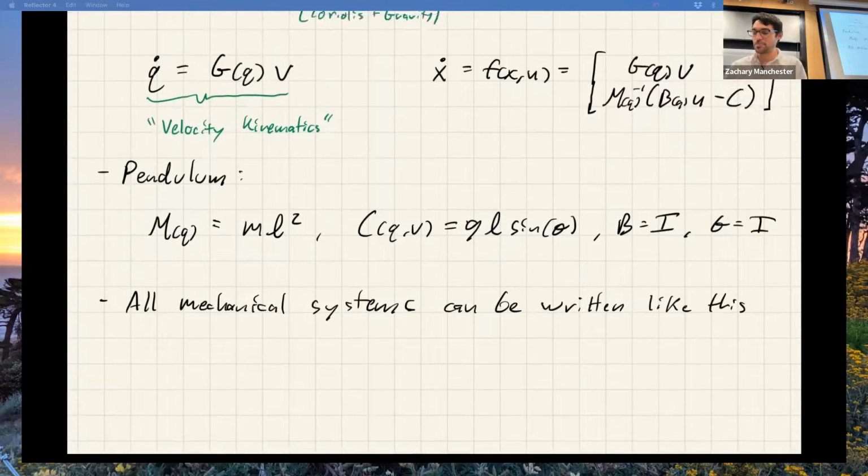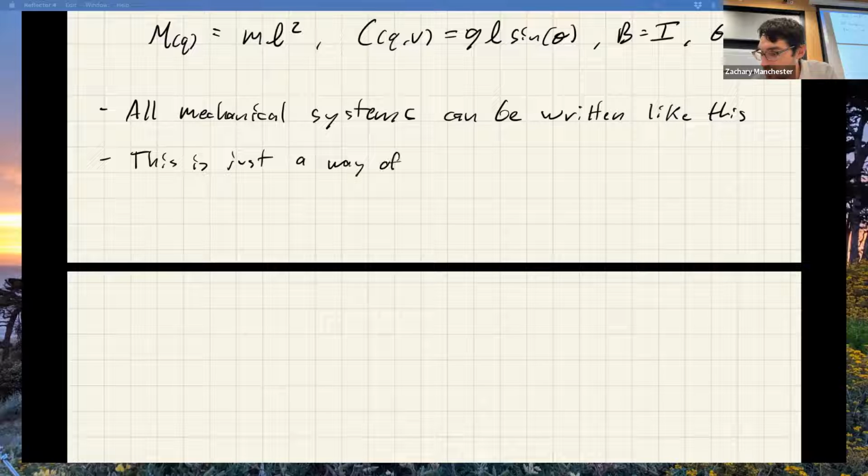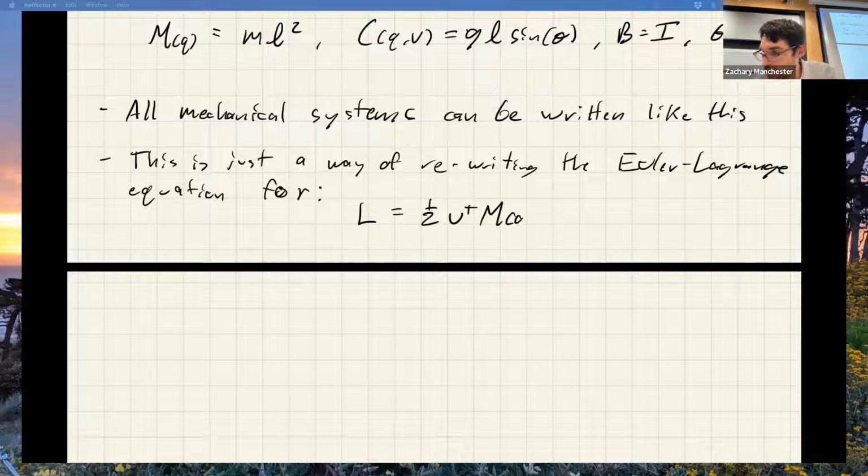So yeah, that's right. This is just rewriting the Euler-Lagrange equation with a particular form of Lagrangian, which is L equals 1/2 V transpose M of Q V minus your potential,